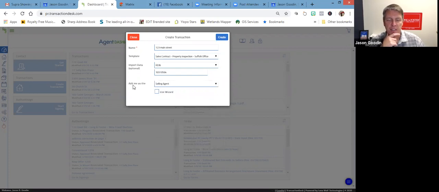All right. And it's going to default to you as the selling agent. So if you had a different role in the transaction, you could label it. But most of the time when you're writing an offer, you're going to be the selling agent. Okay. Right. And then when you hit create,